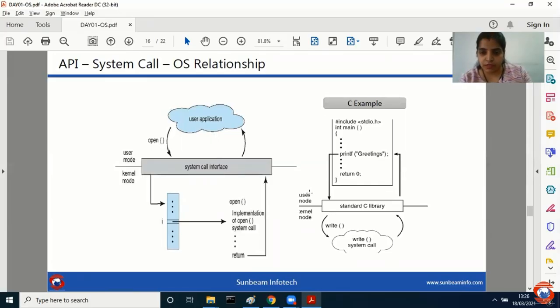You will see in detail maybe in the next slide. So if I say, let us take a C example. If I have a printf, this printf I've given from the user side, that is called user mode. It goes to the standard C library. The standard C library will see that printf means I have to write to the output. So it will give a write system call. It will perform the operation, come back to it and print your data. So that is kernel mode. So there are two modes of system: one is user mode, another is kernel mode.